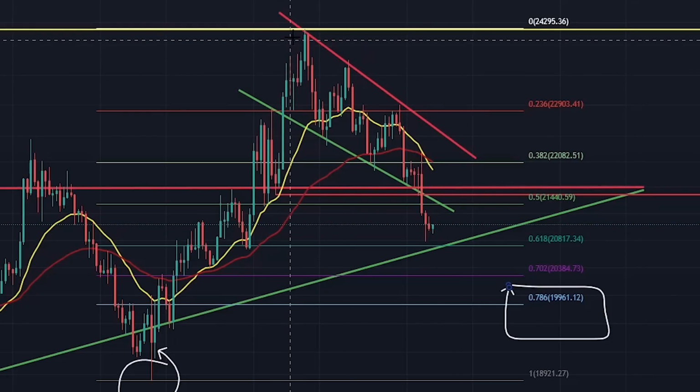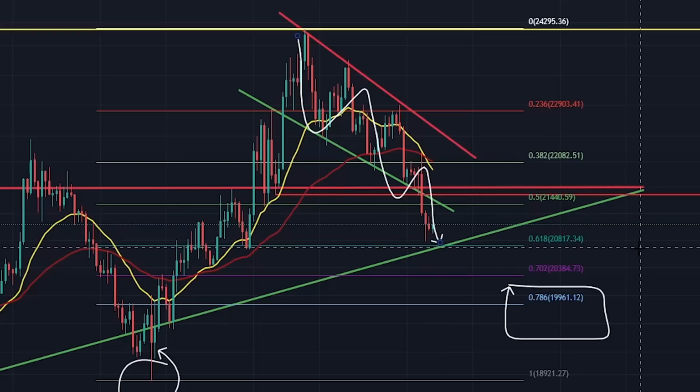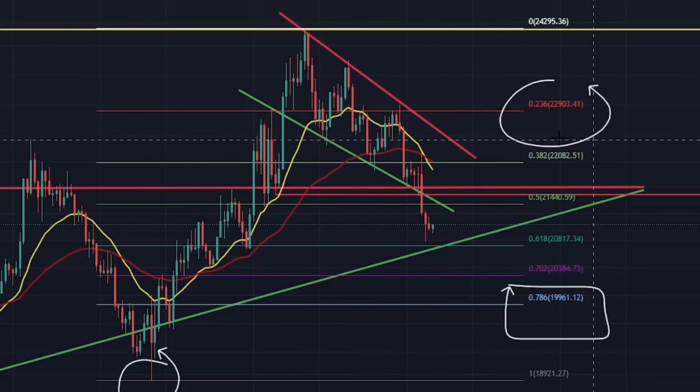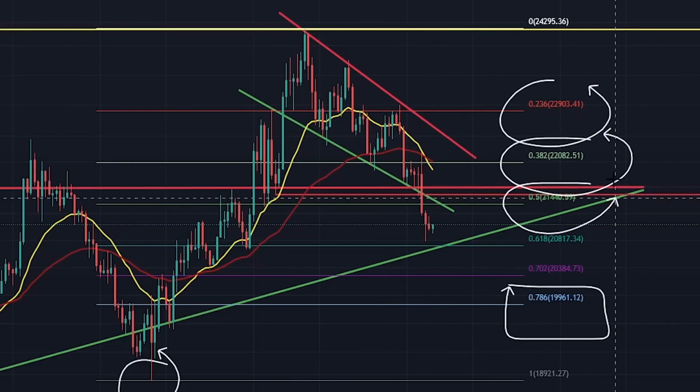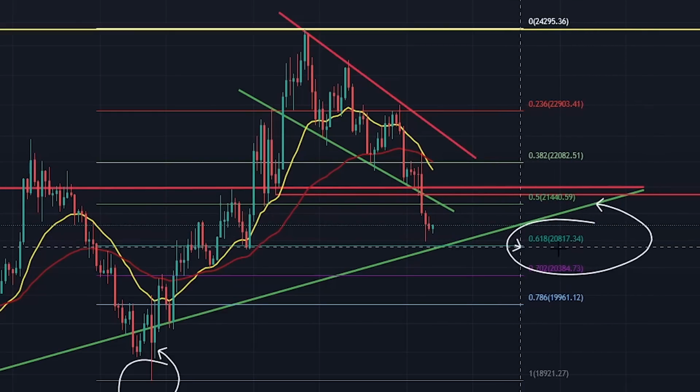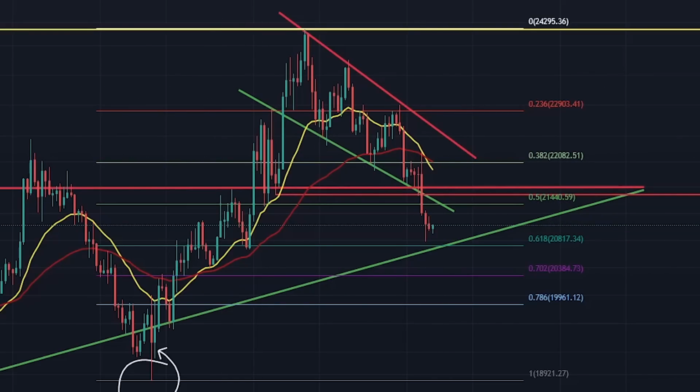So you know, this is normal, this is healthy, this is what it does. And right now, you can see how you're coming down through the fibs. Okay, you lost 236, you held it on the 382, and right now you've melted through the 50. So your next level support after the 50 is the golden ratio. Now Bitcoin does have an affinity to the golden ratio that currently sits at 20817. So for me, I think that could be a really good area of support for you right now,